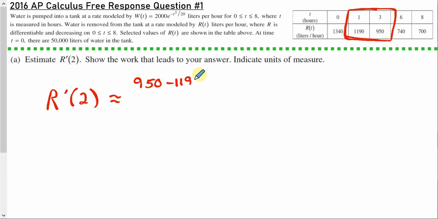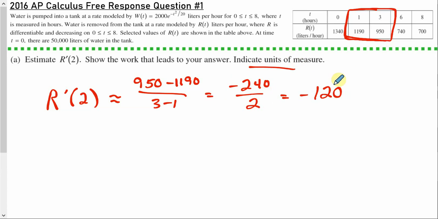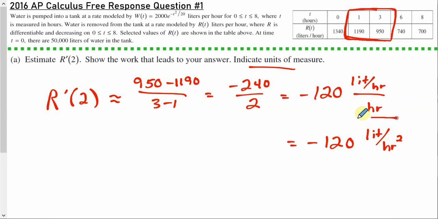950 minus 1190 over 3 minus 1, which is negative 240 over 2, which is negative 120. Now it does want units. So remember, our top unit here is liters per hour, and our bottom unit is hours. So you could leave it like that, or you could write it as negative 120 liters per hour squared. Alrighty,